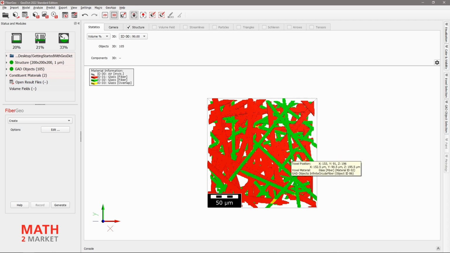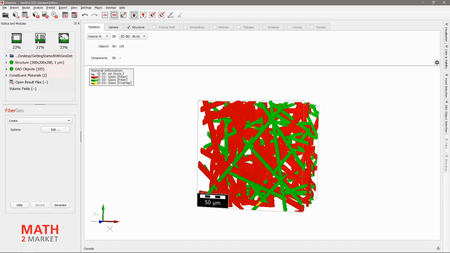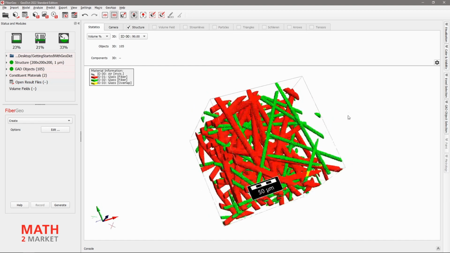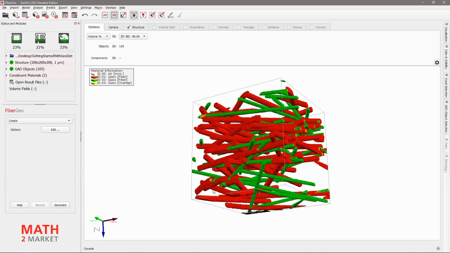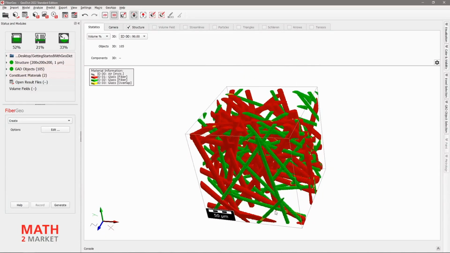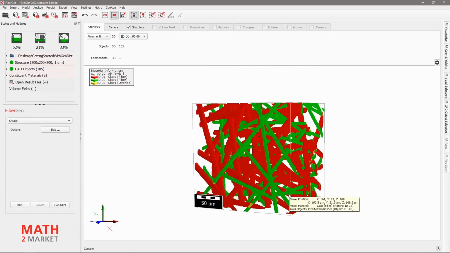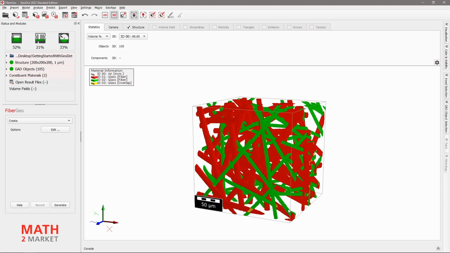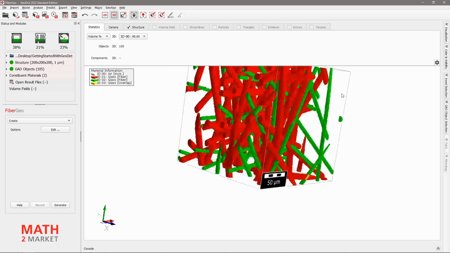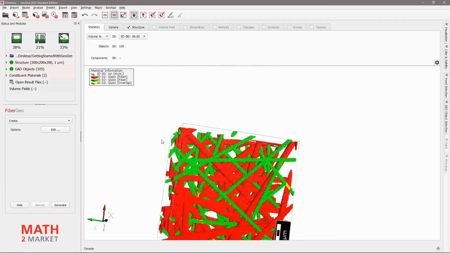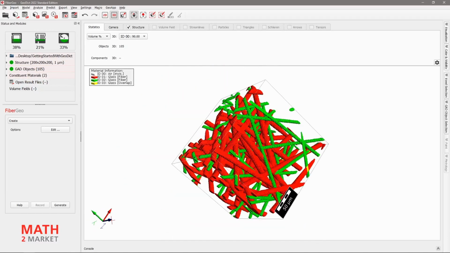By default, you always see the structure from the top. Rotate the structure by simply clicking and dragging with the left mouse button. Just rotate your structure and watch it from all sides. If you want to change the focus point, meaning the point about which your structure is rotated, simply double-click somewhere in your structure, and that feature you double-clicked on is now selected as your focus point. And all rotations are done about that point now.